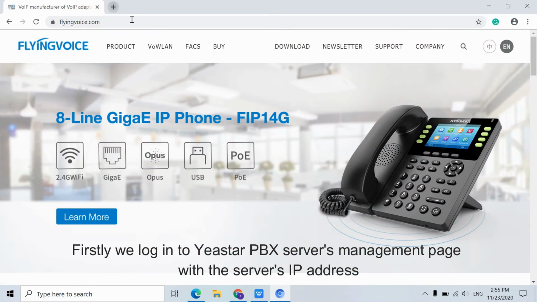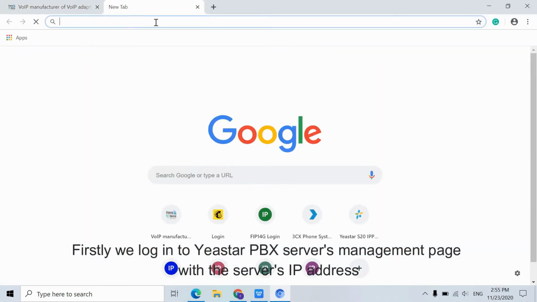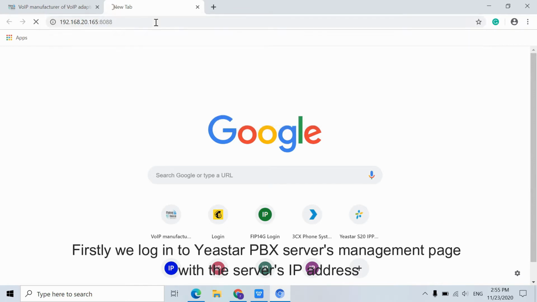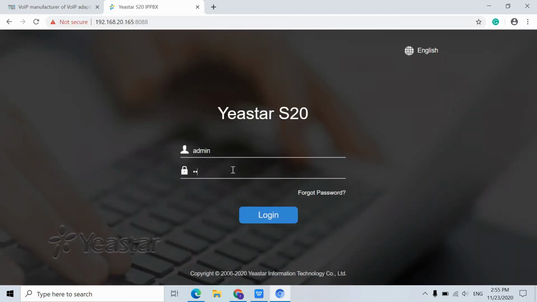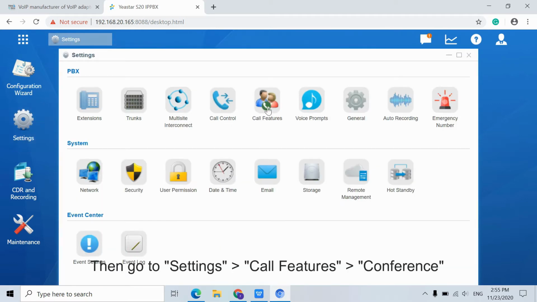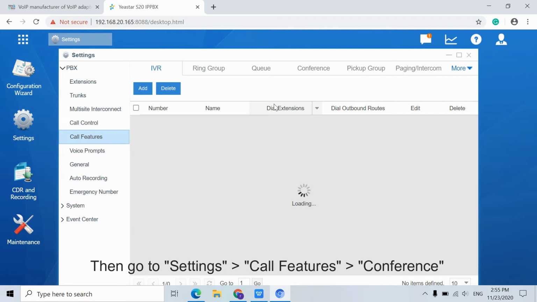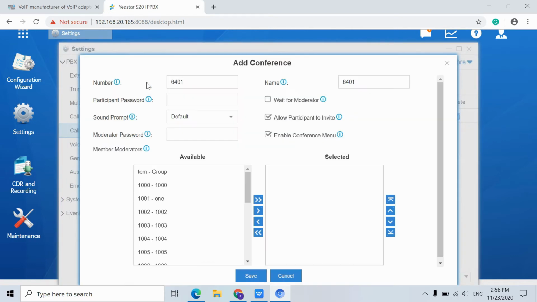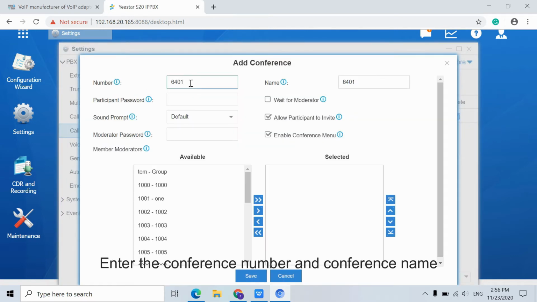Firstly, we log into Yeastar PBX server's management page with the server's IP address. Then go to Settings, go to Call Features, go to Conference, click on Add, enter the conference number